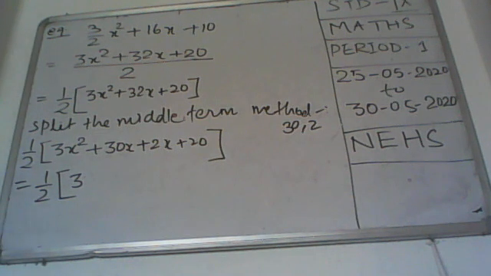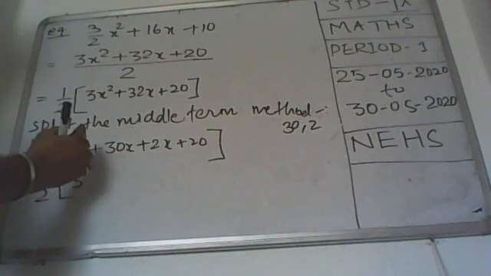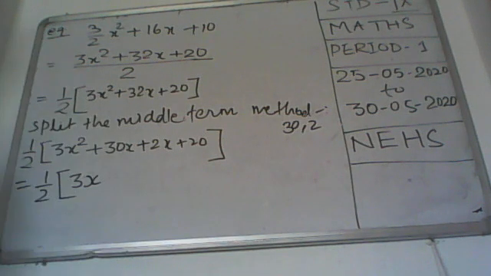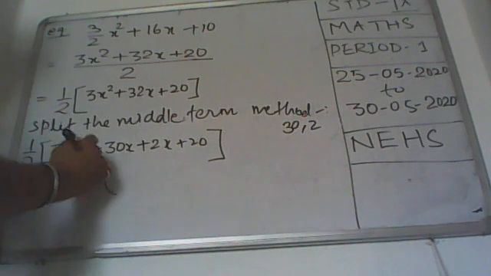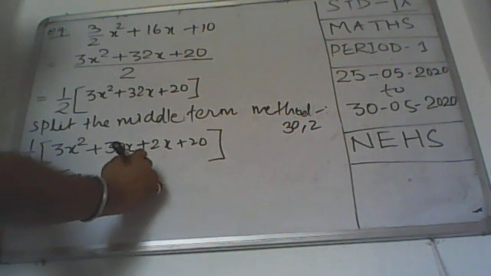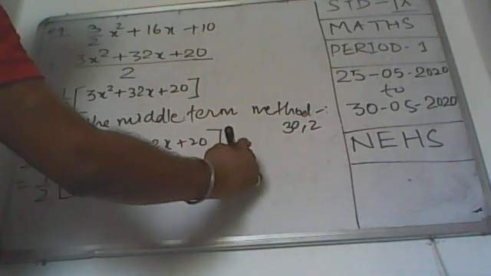First of all, take out the constant numbers outside. Numbers which are common will come outside. In that 3 is common only. Then we take out the variable. In that the lowest power is x only. So 3x came outside. So inside is only x plus 10. Same here, x plus 10.